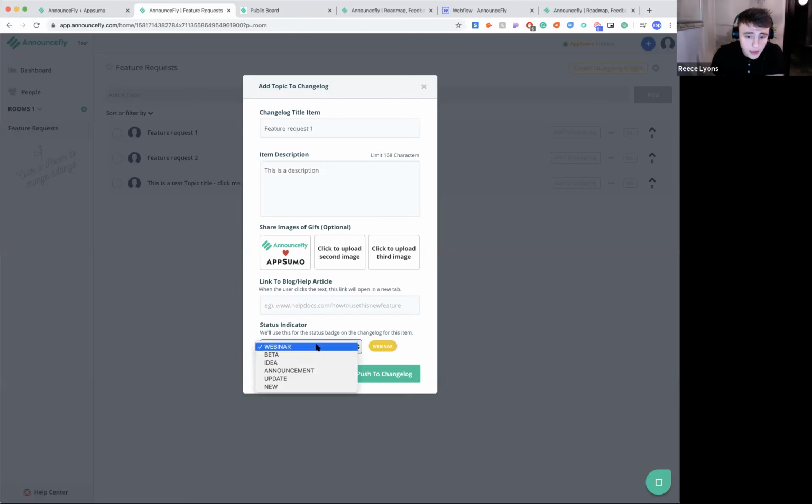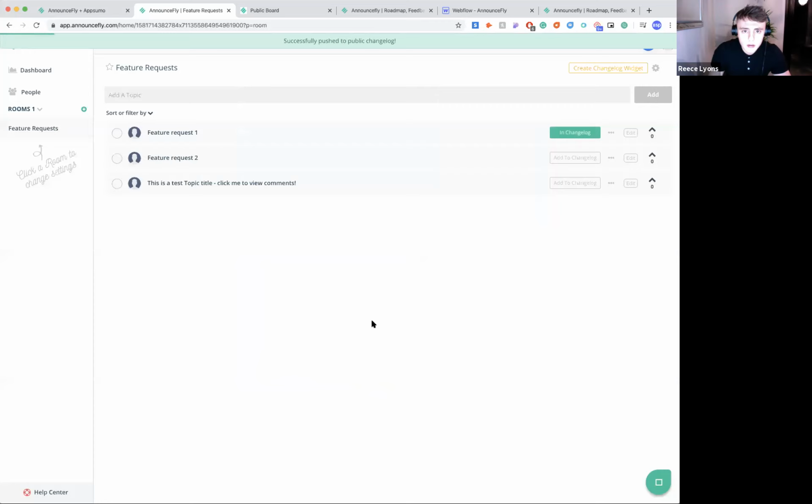So after we've done that, we can then give it an indicator. We can say whether it's an announcement, an update, new feature, a beta feature, a webinar. These are all fully customizable, so you can customize it for your use case. So if you're a Shopify retailer, you can have a sale going on or a new product launch that you just started selling. You can create a sale tag or something like that, give it a color, and that will then reflect on the changelog. So what I'll do now is hit push to changelog,